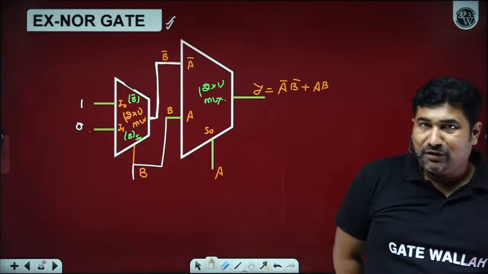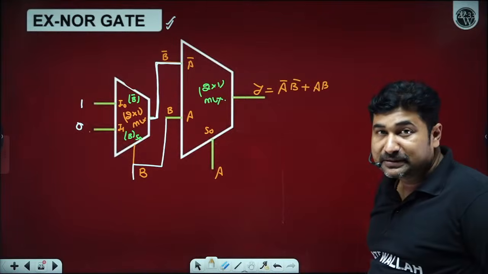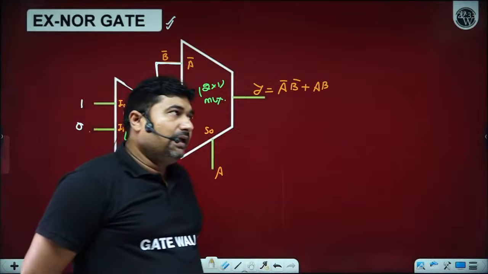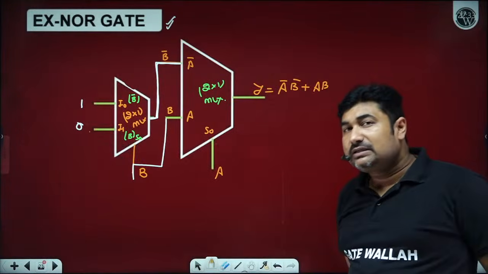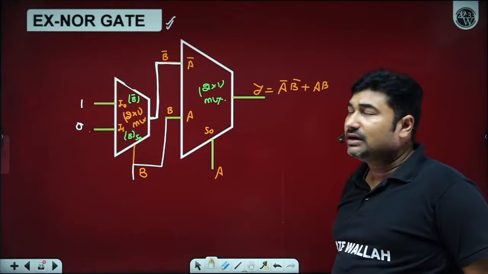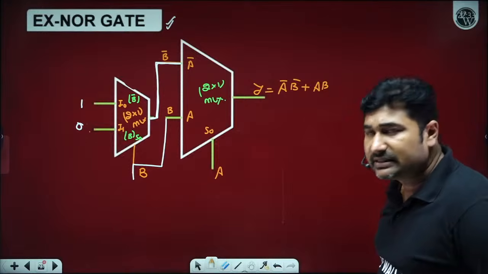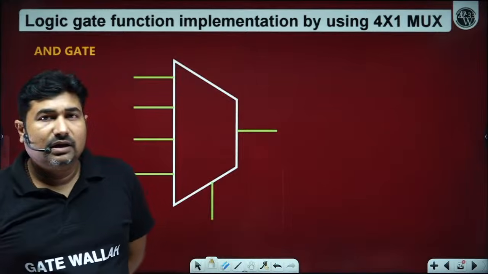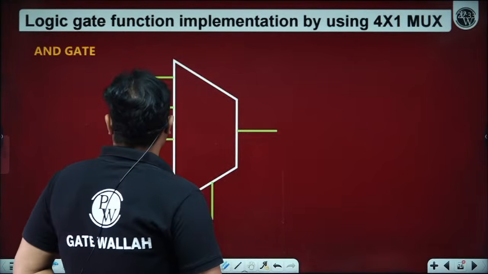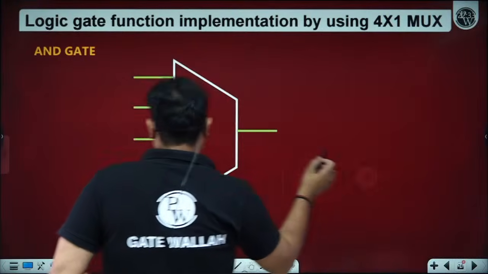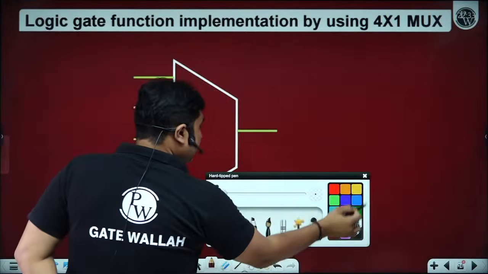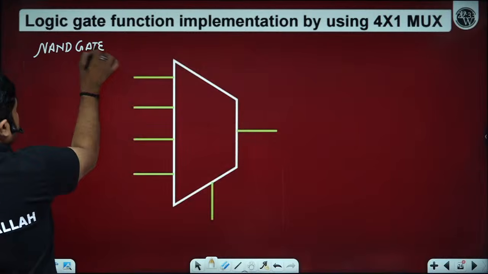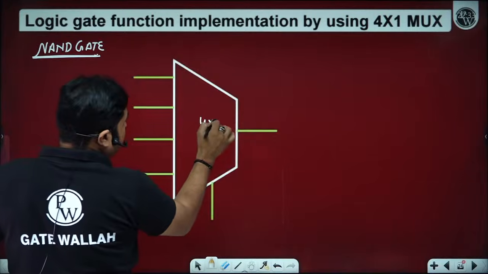Great. So now we all know about the internal circuitry of the multiplexer. Also, we can see what size is needed. Let's talk about the same logic gates. Can we implement the logic gates by using a 4x1 size multiplexer? Yes, sir. Let's try to implement one logic gate by using a 4x1 size multiplexer. And I am interested in a NAND gate. So can you implement a NAND gate by using a 4x1 size mux?